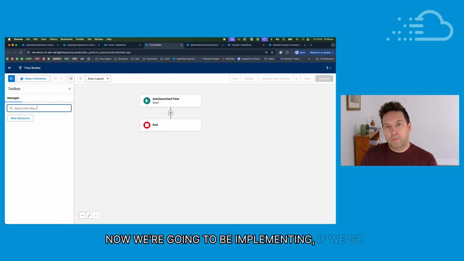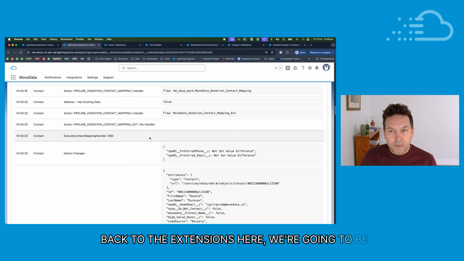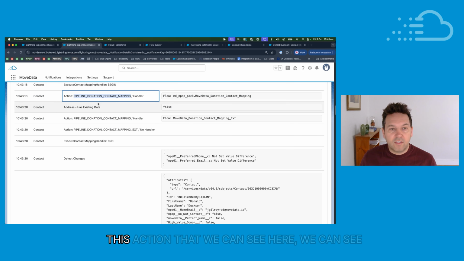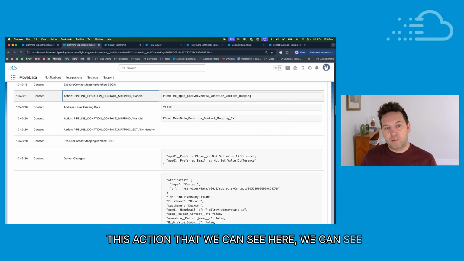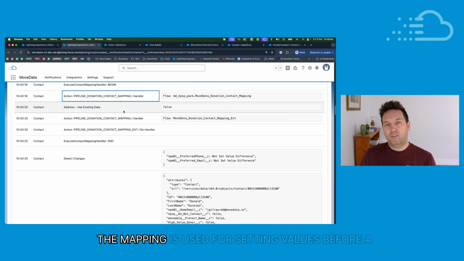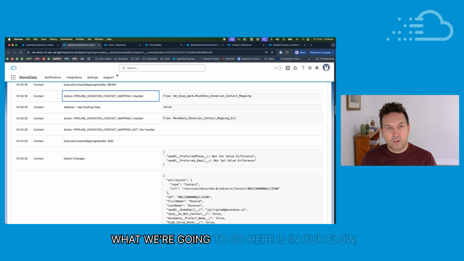Now, if we go back to the extensions here, we're going to be implementing in this phase here, right? This action that we can see here. We can see it's part of the donation, the contact phase, and the mapping. The mapping is used for setting values before a record is saved by MoveData. What we're going to do here